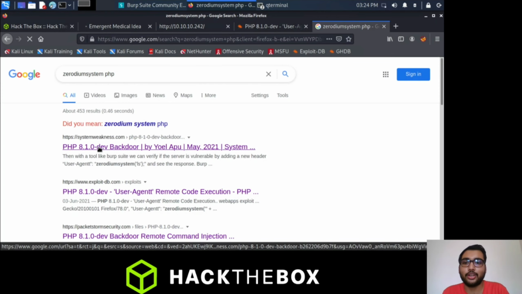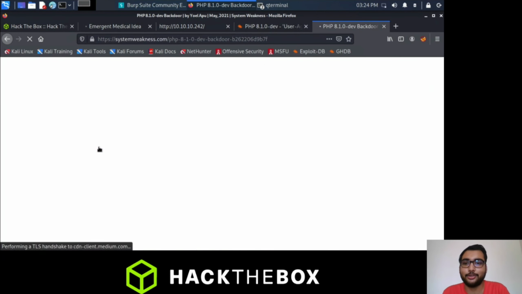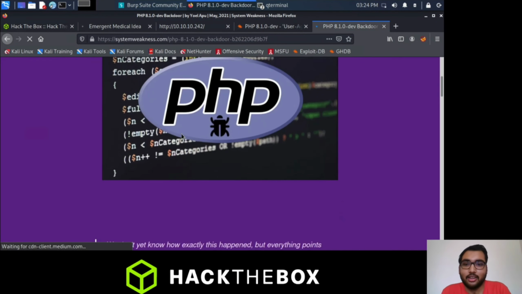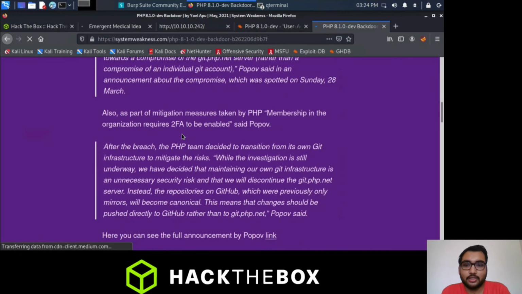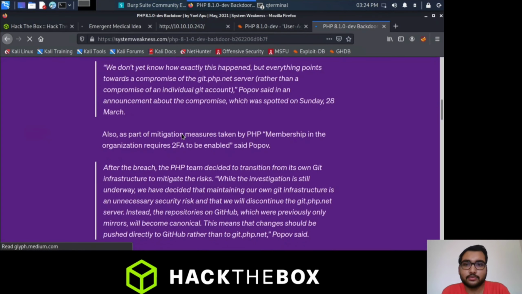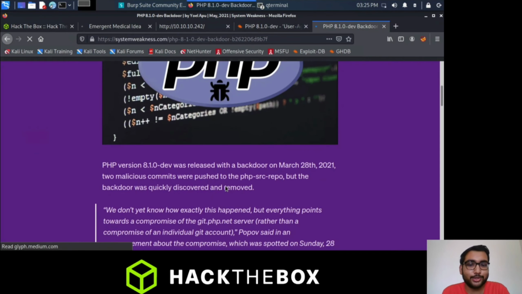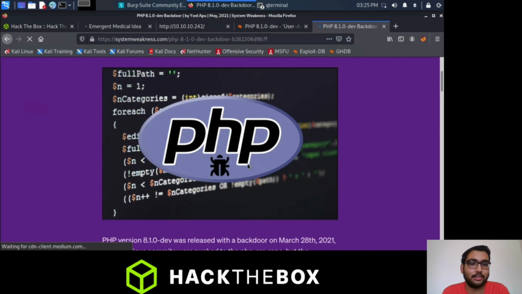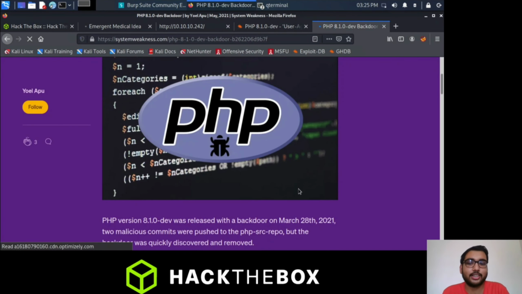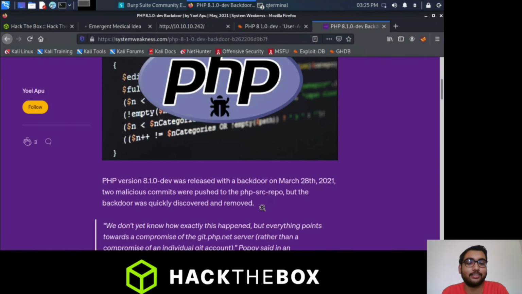Yeah, we found a blog here related to the PHP version. Let's go down. PHP version 8.1.0-dev was released with a backdoor on March 28, 2021. Two malicious commits were pushed to the PHP source repo, but the backdoor was quickly discovered and removed.